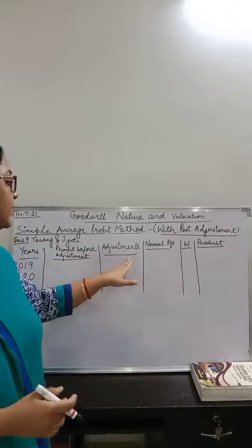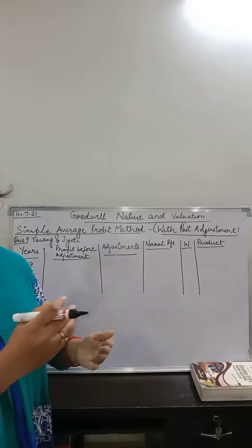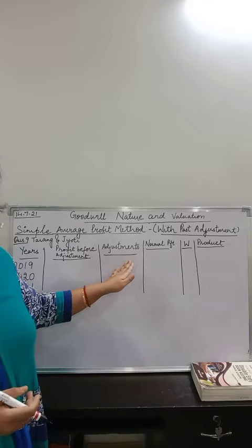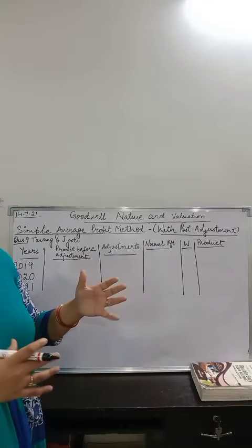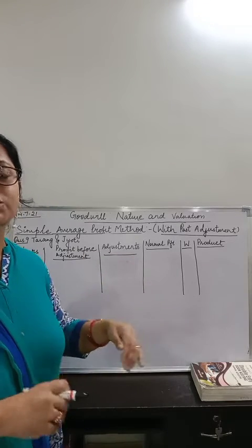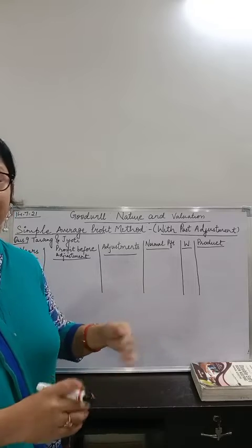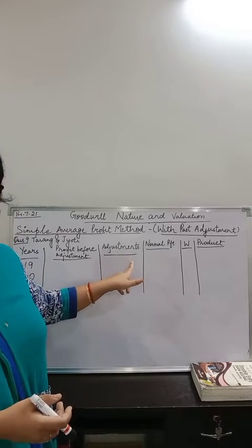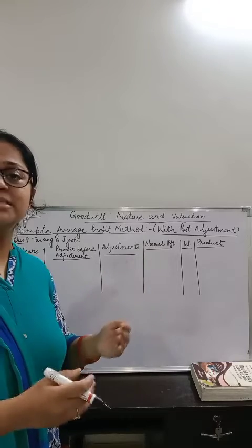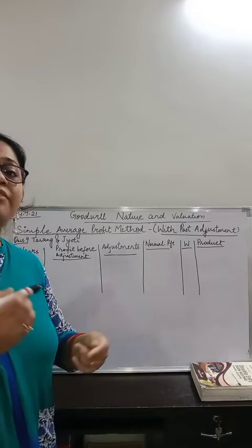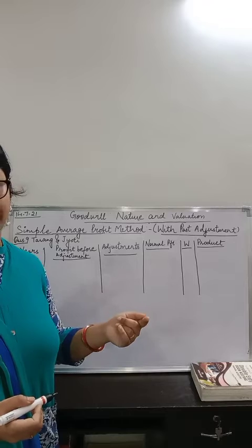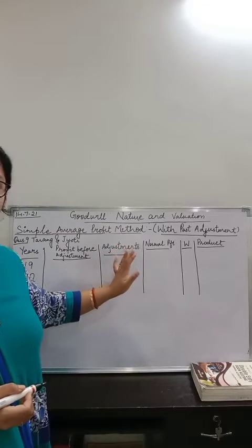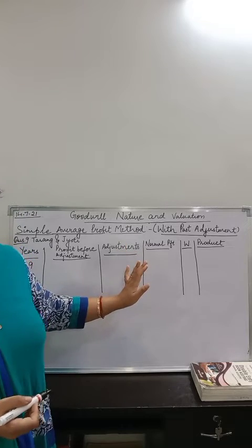Net profit में अगर ये adjustments deal होते तो ये net profit को increase करते या reduce करते, and accordingly we will add or subtract. If there is an adjustment which should have increased the profit, then you add that adjustment amount. If there is any adjustment which would have reduced the amount of profit, then you should reduce it here also. The concept of adjustment table will be the same.